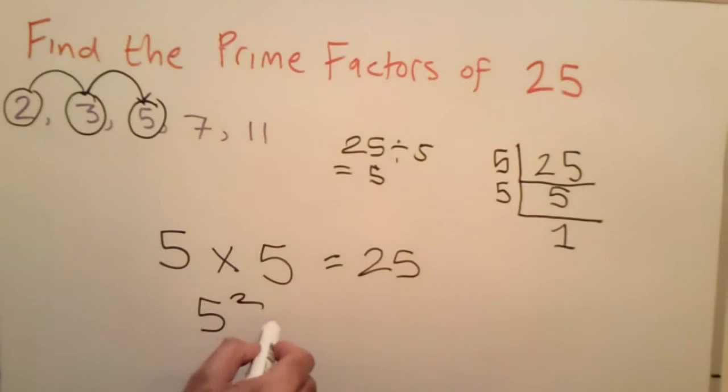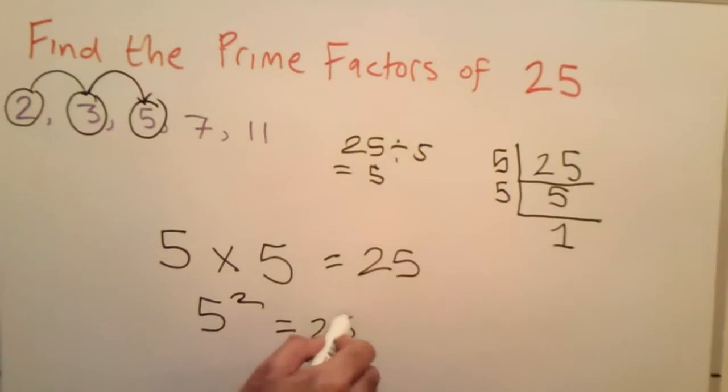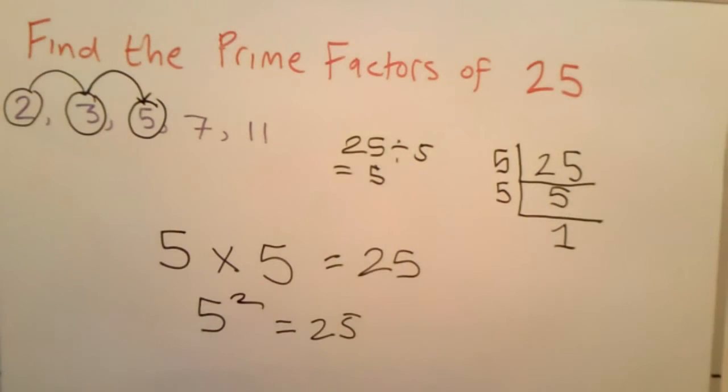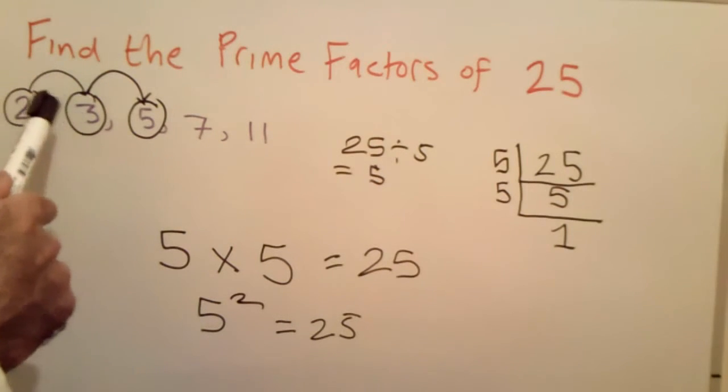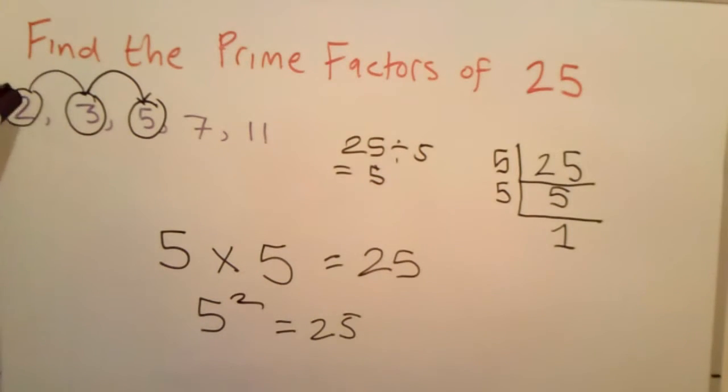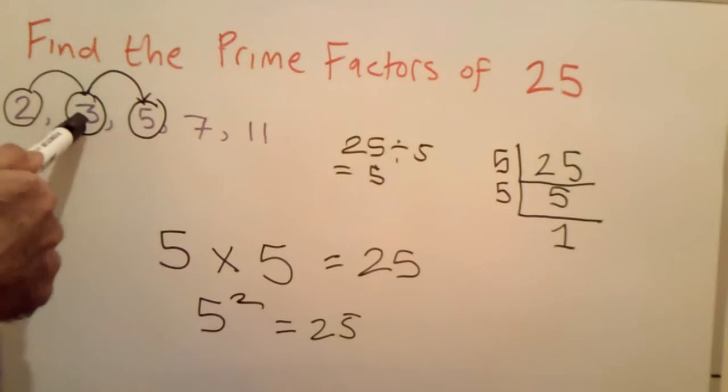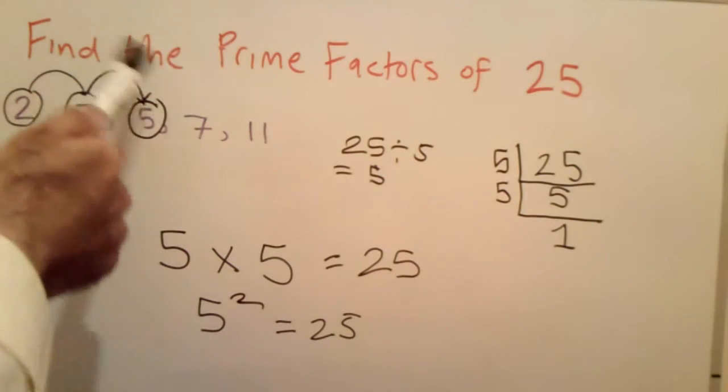It's 5 times 5, which is equal to 25. In this example, I wanted to show that sometimes the very first prime number won't work, and neither will the next one, and you have to move down sequentially